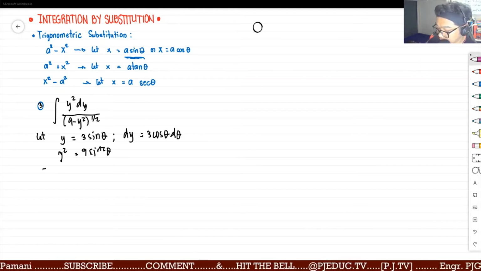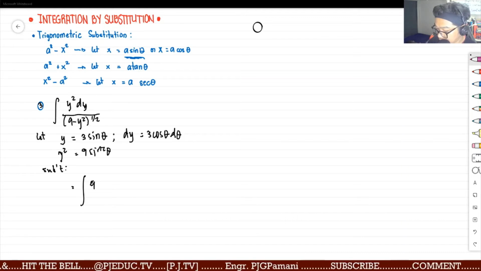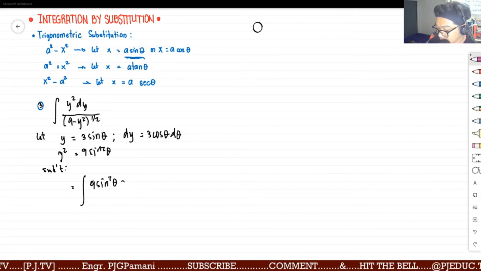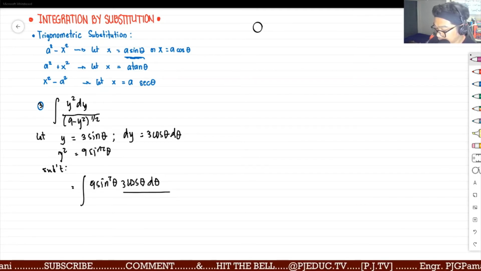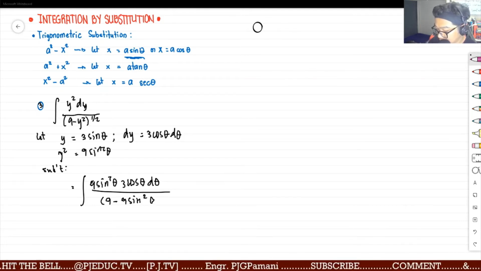Substitute lang natin doon sa ating original form. Y squared is 9 sine squared theta. Dy is 3 cosine theta d theta all over 9 minus 9 sine squared theta raised to